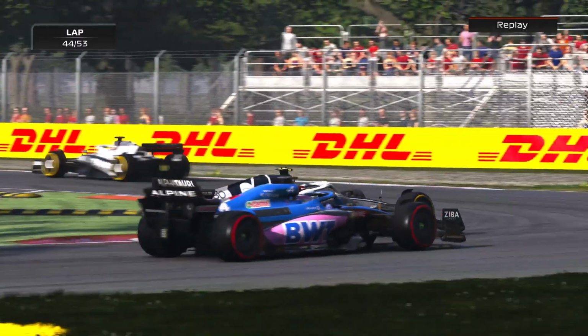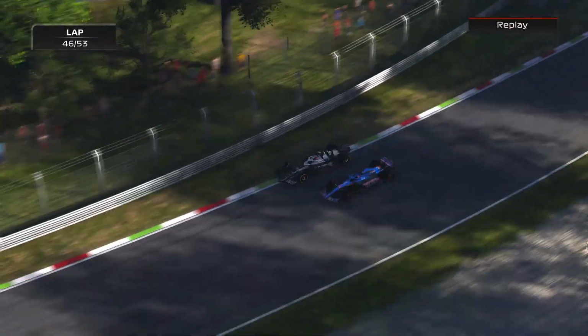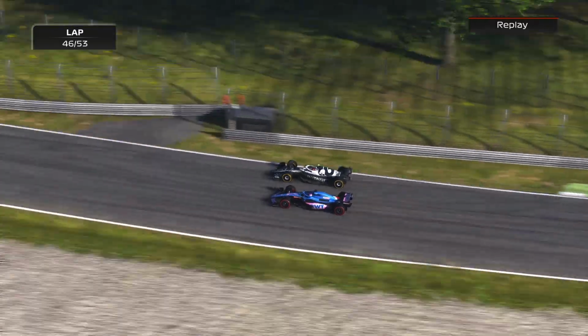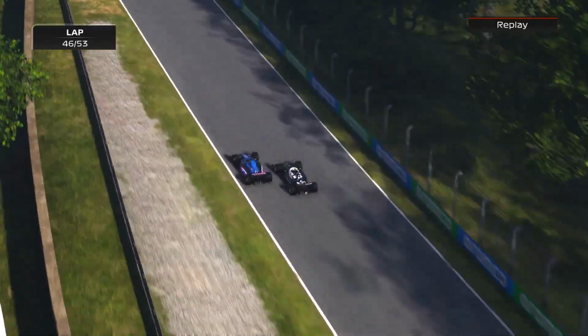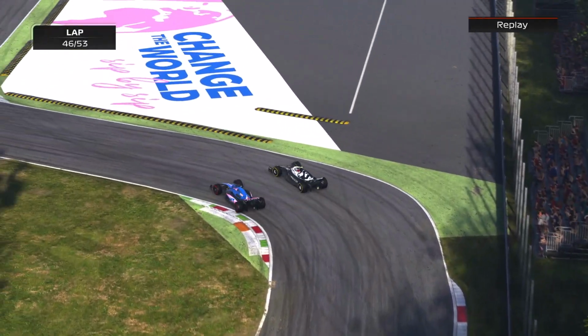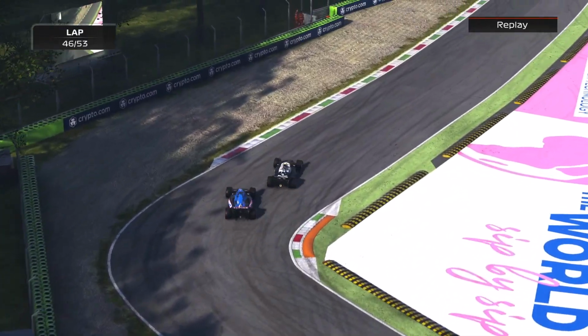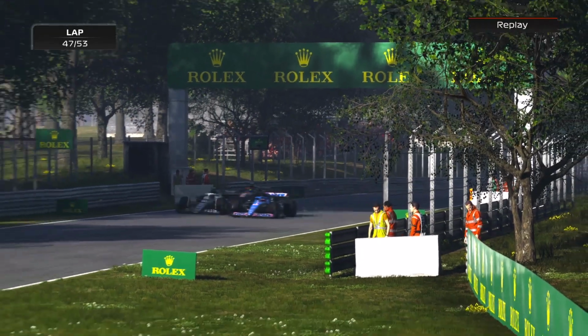If we let Alonso and Russell and Norris through, we could have been down 10 points to McLaren, and that's just an amount we can't recover overnight. And we can't afford to give them an inch. So yeah, we fought very hard, but it wasn't without reason. But anyway,